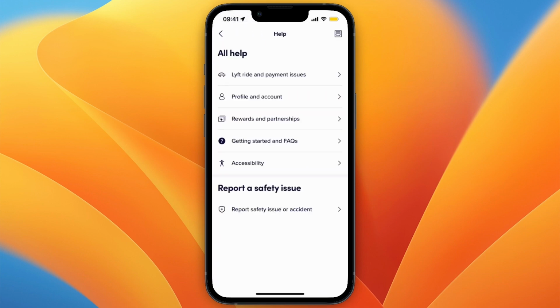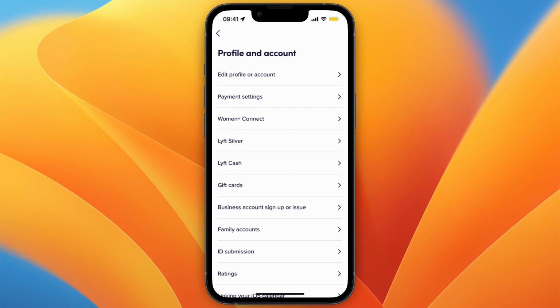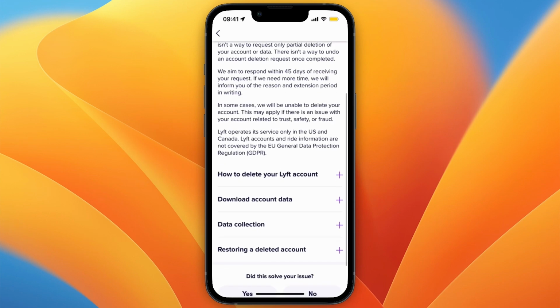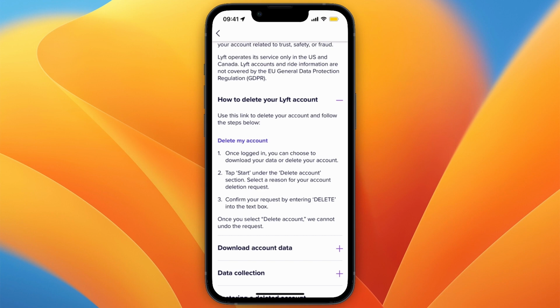Now here you want to click on Profile and Account, then from within Profile and Account click on Edit Profile or Account. Then here, click Delete My Account, and now from here click on the plus next to how to delete your Lyft account. Then here it shows the steps, and it's really hidden and kind of difficult to find,